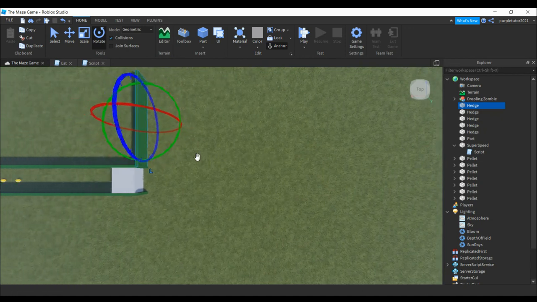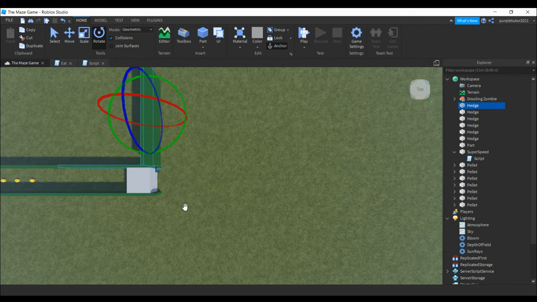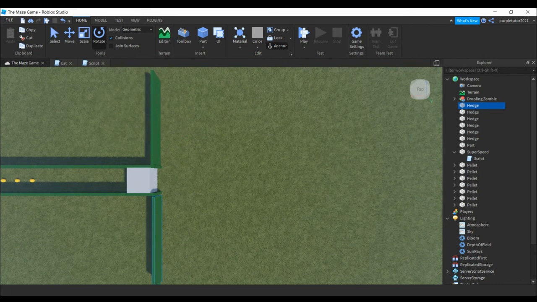Okay, now here, I'm going to duplicate the same part and place it here. And next time what I'm going to do is